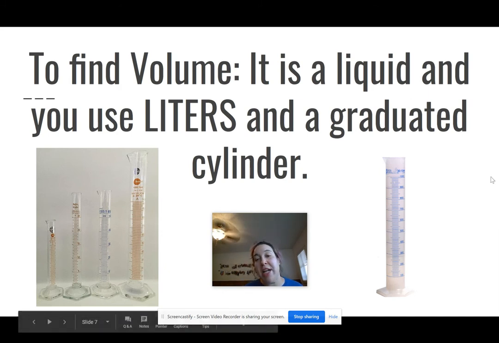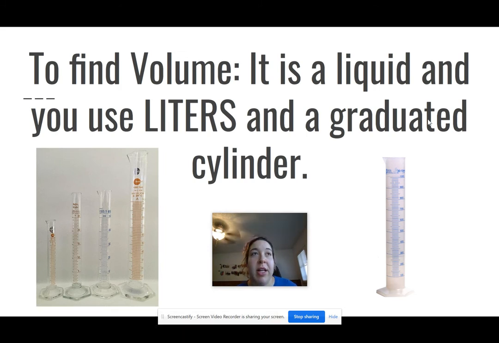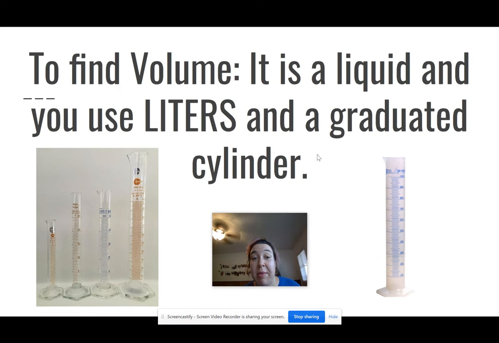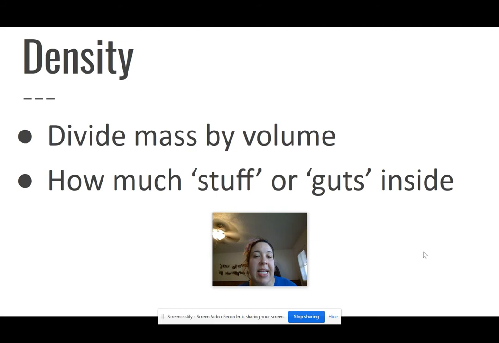These are graduated cylinders. No, they did not graduate college. I don't know why they are called that. If you guys Google it and tell me, maybe I'll have a fun surprise for you. We'll see. All right. We will be using those in the classroom, and you can see all the different lines that we'll use to determine how much liquid is inside of there. So how many liters, milli or kilo. All right, so density.